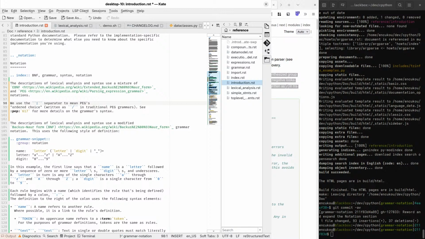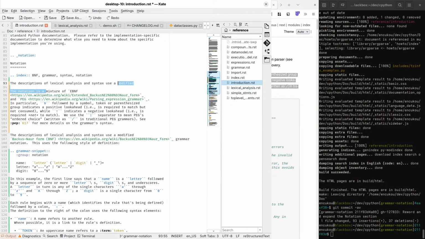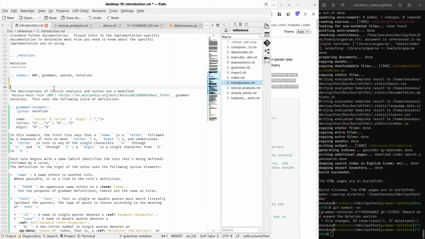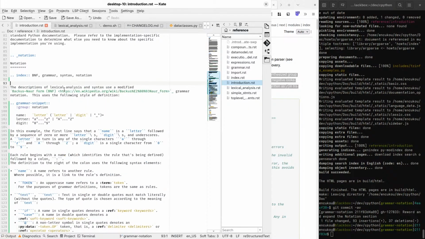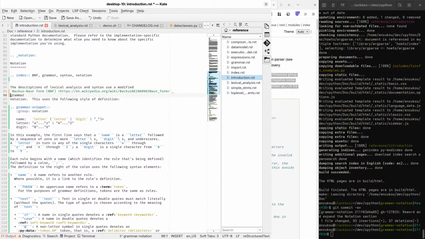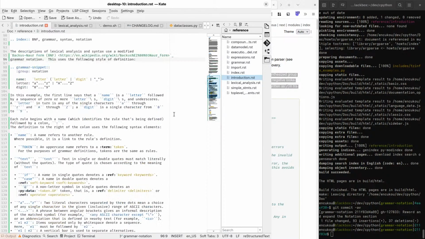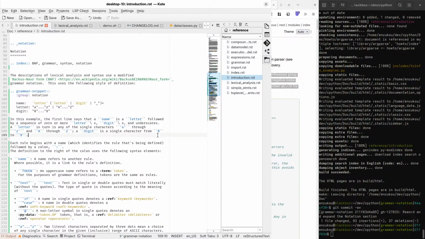Yeah, so let's go back. Modified Backus-Naur form grammar notation. Okay.